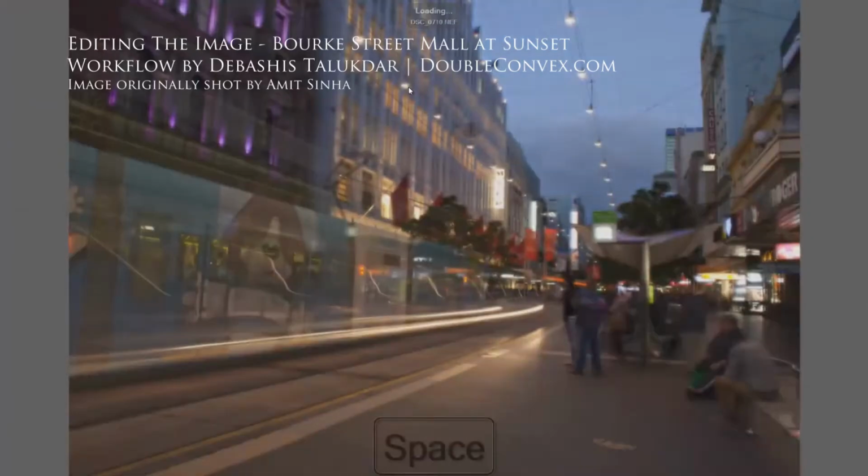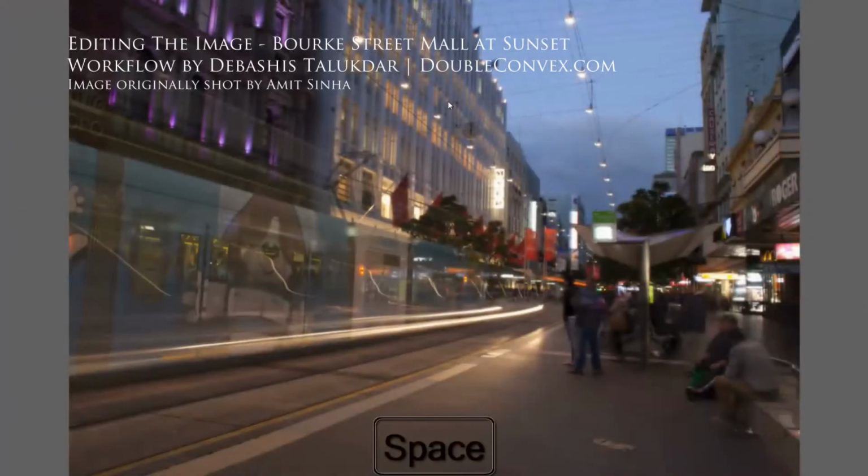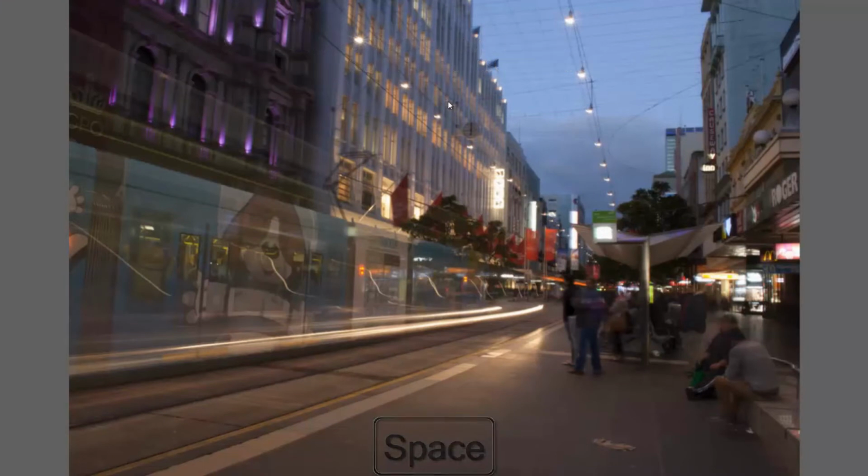Amit Sinha shot this image on a photo walk that I'd organized on the 19th of April 2013. It was about long exposure photography. Now, this is straight out of camera, and Amit's been good enough to provide me with a raw file. I'm going to demonstrate how I'd go about editing this image to go from straight out of camera to a